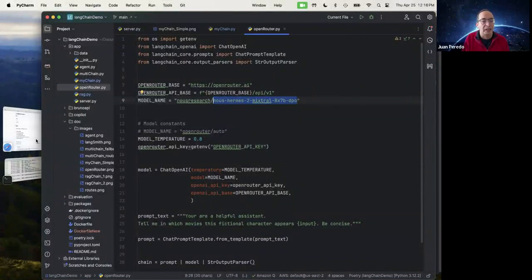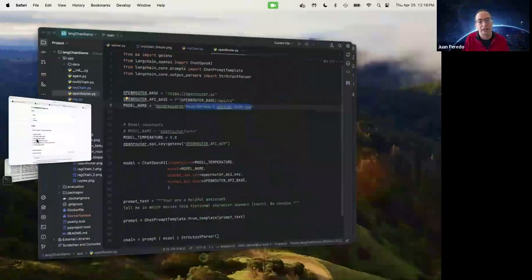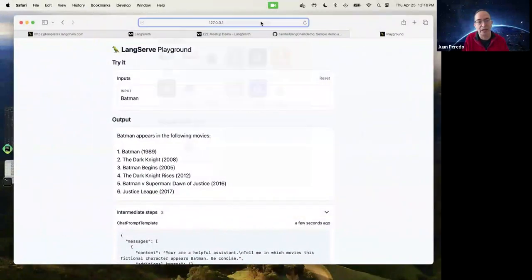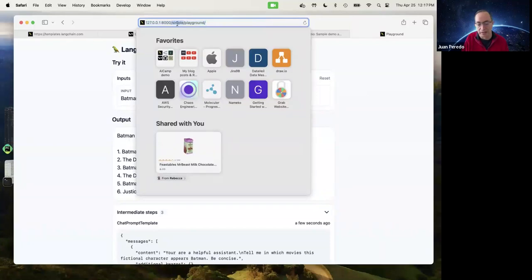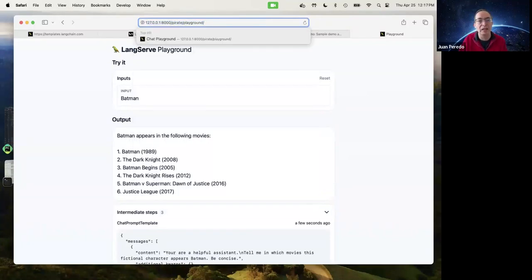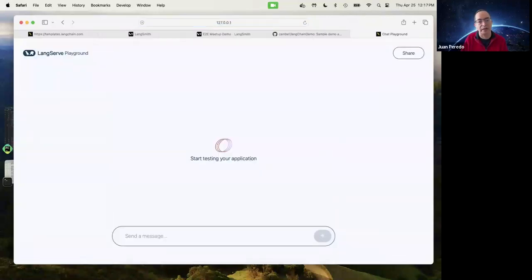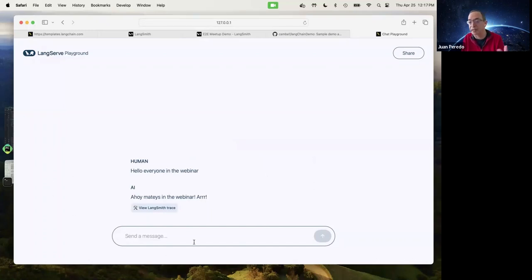But what about our pirate, right? So we had imported our pirate package. So let's take a look at that instead. All right. So we had our pirate package that's going to reply to us in pirate. So whenever I type something here, hello everyone, and not, it goes and replaces it to us with ahoy babies, right? And you can tell that this looks different from the other playground that we're using because I configured it slightly different.